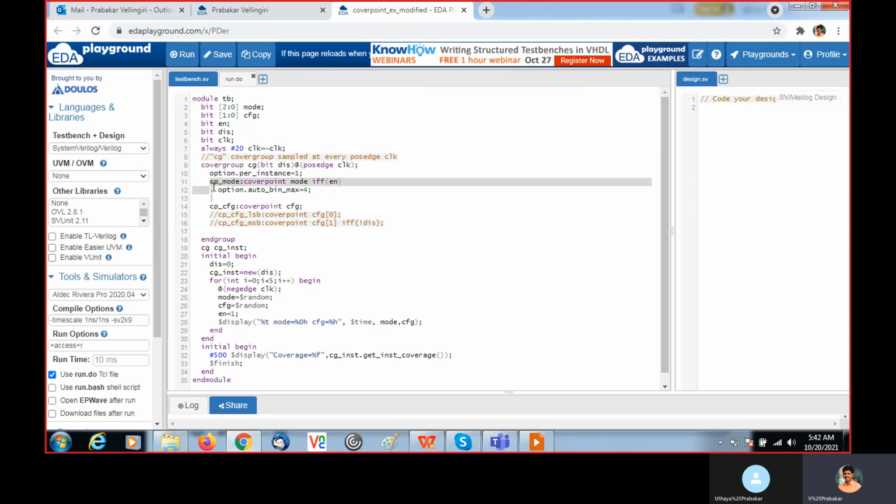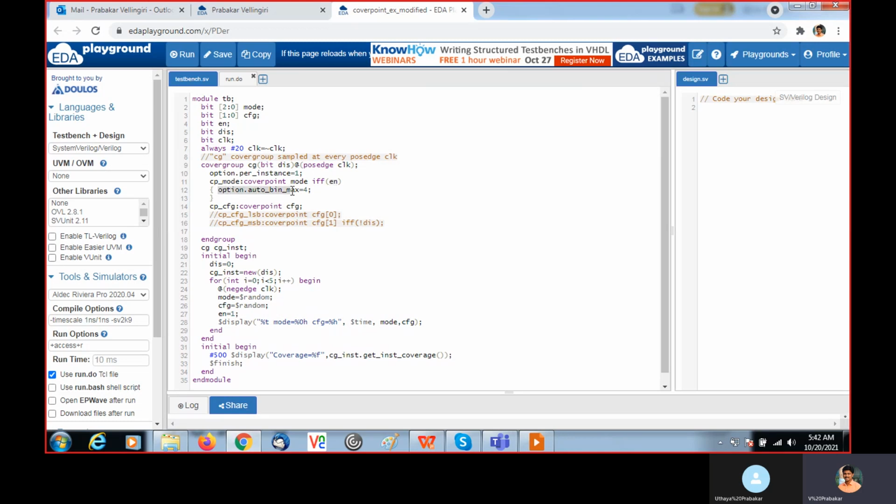Then here I wrote two cover points. One is the labeled cover point for mode. The cover point is nothing but the signal. If and only if enable is 1, when enable is 1, then only it will check for this cover point.